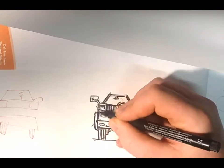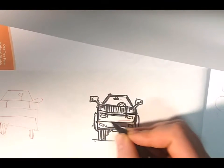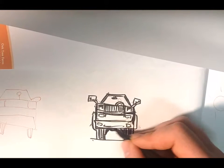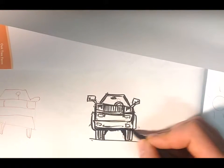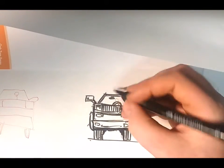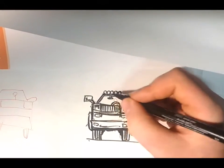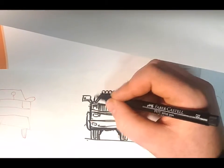of these lines, darkening up some areas. Let's maybe make the bottom of this all dark to give that nice contrast. Just like so. Maybe let's add some fog lamps at the top. Maybe like a CB radio